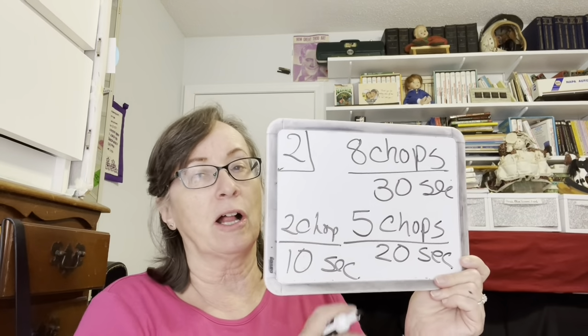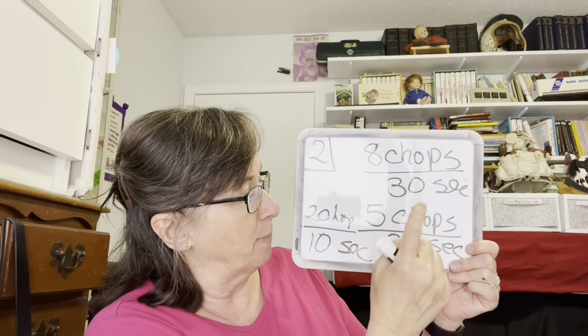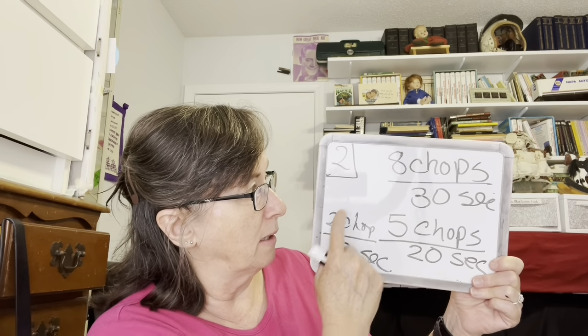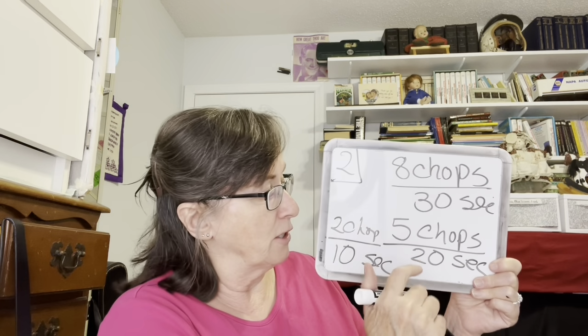Okay, so first of all, how many chops did he chop altogether? 8 chops, 5 chops, and 2 chops. So 8 plus 7 is 15. So altogether, he chopped 15 chops. Okay, and then